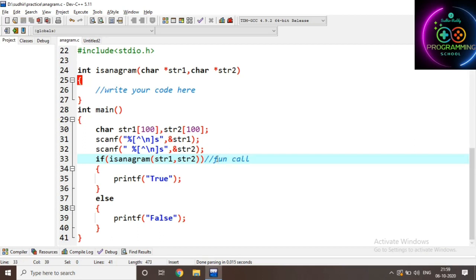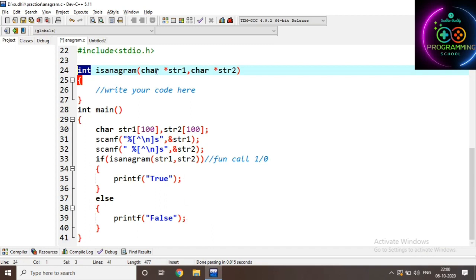The function is going to return 1 or 0. 1 indicates true, 0 indicates false. What is the name of the function? It is anagram. Just observe the function definition also. It is returning integer values, not any string values here. If it is 1, it is true, that means the two strings are anagrams. If it returns 0, it is not an anagram.